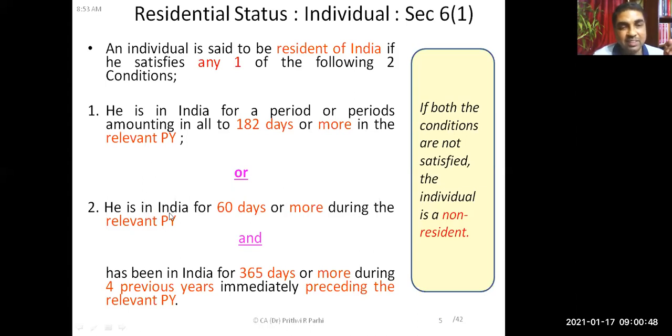The second condition says he is in India for 60 days or more during the relevant previous year. Again, if you are talking about assessment year 21-22, the relevant previous year is 2021, and in 2021 he should have stayed 60 days or more. And you see what word is written here? And. That means in addition to that, here it's not or. The second condition has two subparts. One is, and has been in India for 365 days or more during 4 previous years immediately preceding the relevant previous year. We have to refer to 4 preceding previous years. Four preceding previous years means,